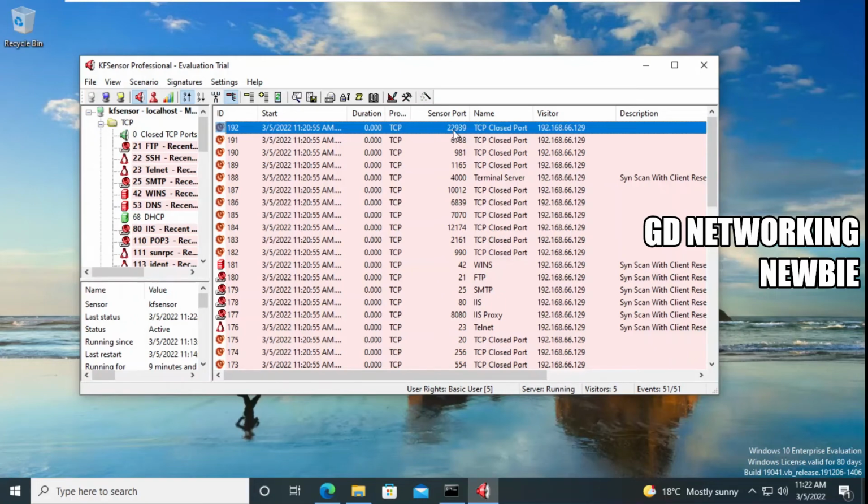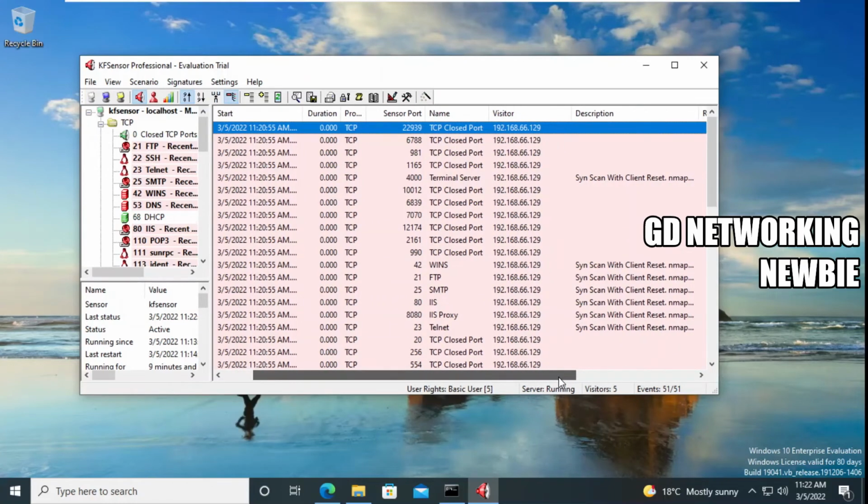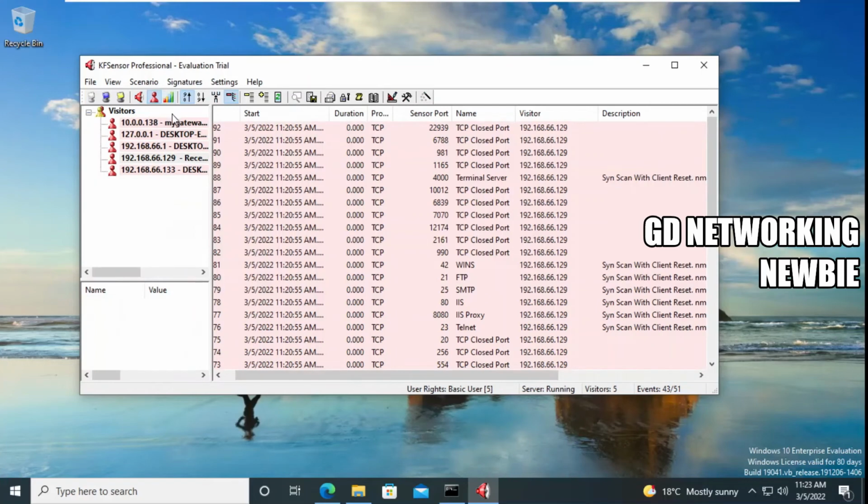So this is the sensor port, which is the port of KFSensor, and you can see they also visited port number 21, which is here, SMTP. I hope you can see the lines below. So it's showing that some visitor scanned this Windows 10 machine, and all these ports were scanned. So this is the ports view, and also if we go here in visitors view, this should show us the